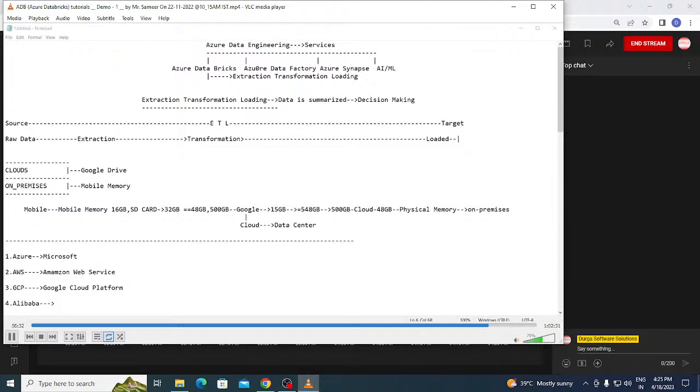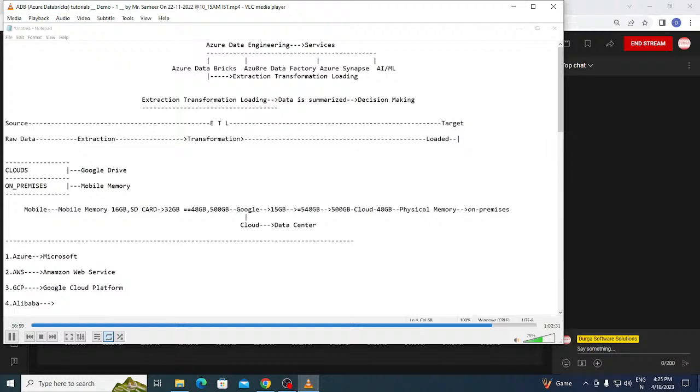Will there be a combined batch for both Databricks and Data Factory? See, the Data Factory batch is in the morning at 7 a.m. and started today itself along with you, and Databricks is at this time. Combined batches means these are two different services, so I teach them differently.